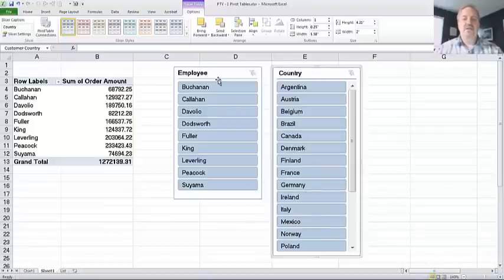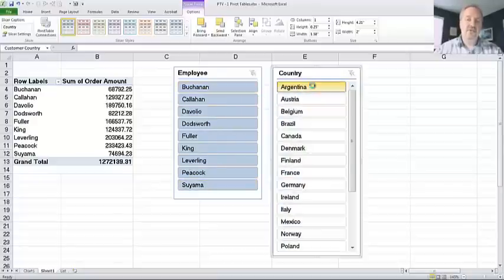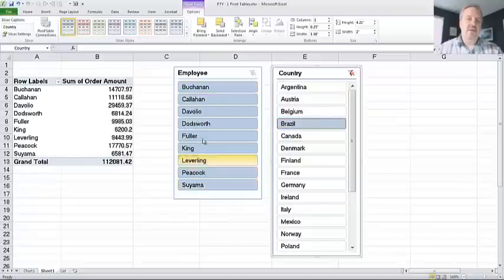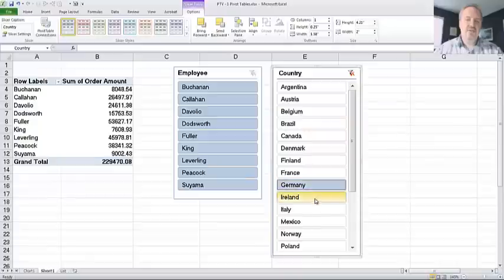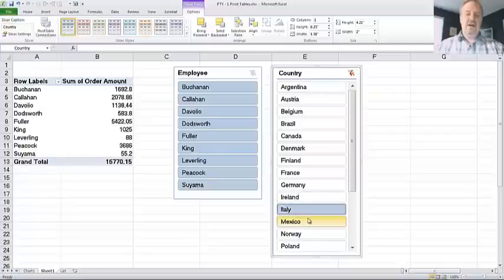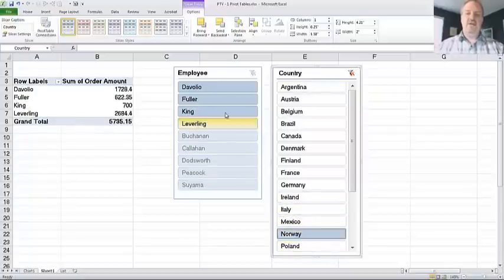And a slicer operates on the principle of displaying all of the buttons for the currently selectable areas. So for instance, if I've just chosen Argentina, you'll notice that Buchanan turns off. He's still selectable, but he indicates that there are no values for Buchanan in Argentina. If I go down to Brazil, then all of those turn back on again. So I've got Buchanan back up in the list. Down to Finland, or France, or Germany, or Ireland, you can see that Buchanan drops off the list again. So Buchanan doesn't tend to work in Ireland or Argentina, apparently. And I have Italy or Mexico or Norway. And Norway only has Davolio or